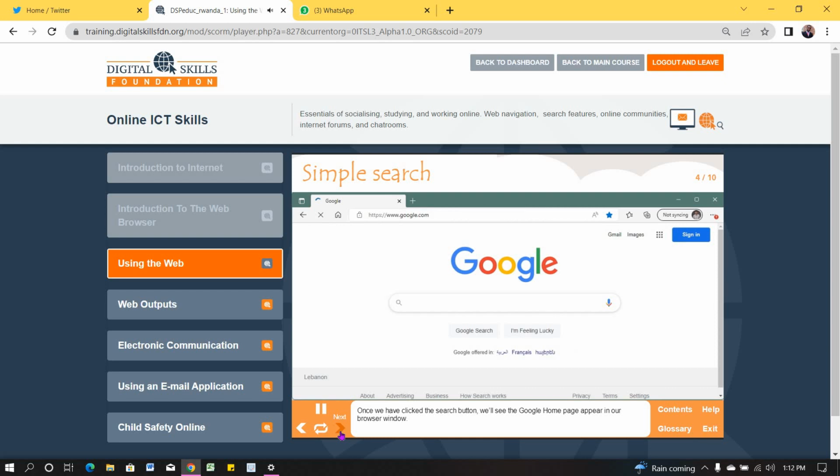Once we have clicked the search button, we'll see the Google Home page appear in our browser window. Search engines work by using keywords to locate websites on the Internet. Keywords are key phrases held by search engines that are used to provide relevant links to any search a user